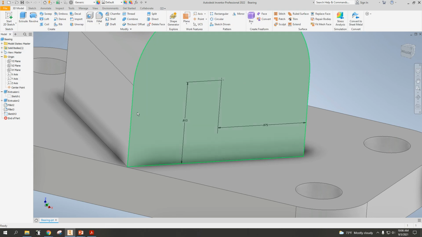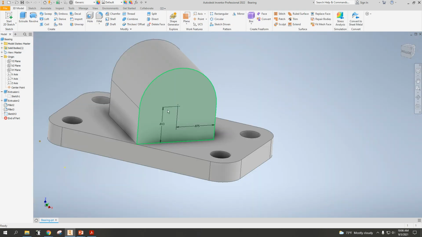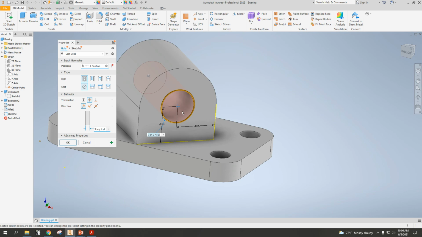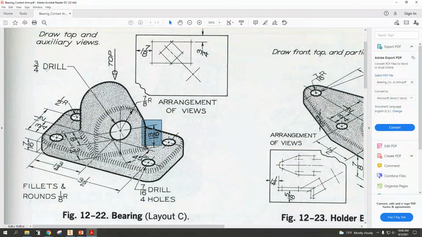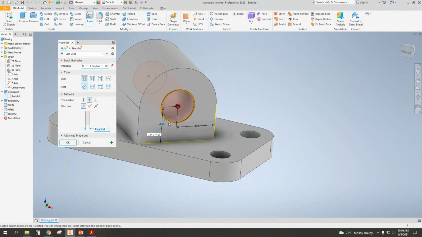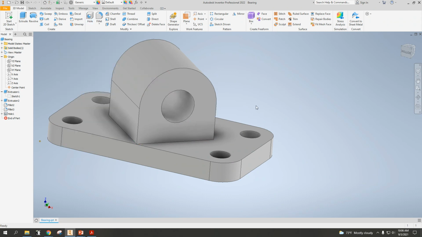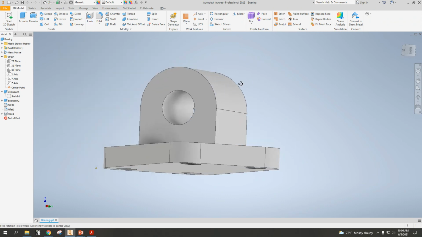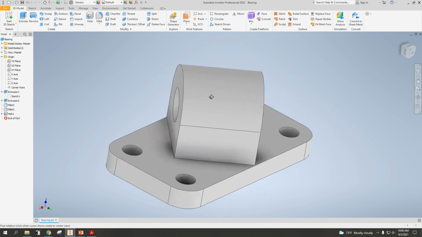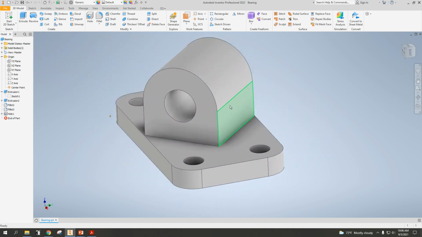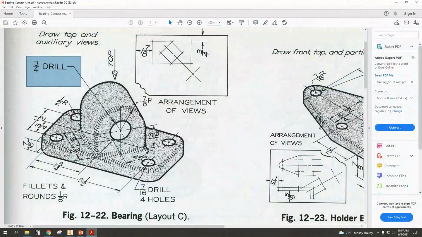I can finish the sketch. And here's a center, which when I do hole, it will identify that hole, which is perfect. And I need a 3/4 inch drill, which is a diameter. Looks like it's already set up to be 3/4 of an inch. So we'll say okay. And now I have my almost completed object. So I'm going to do a quick Control S, save. The last thing I need to put on here, and we'll wrap up this video, is the